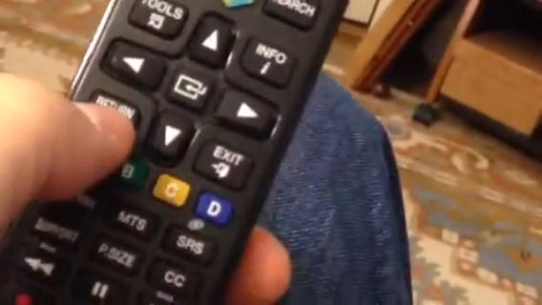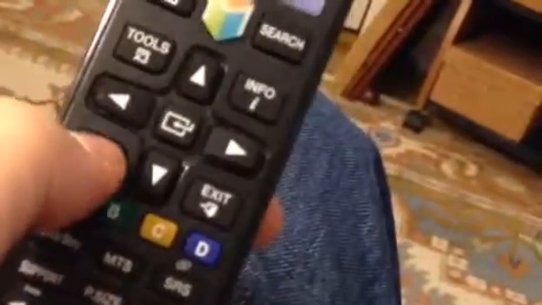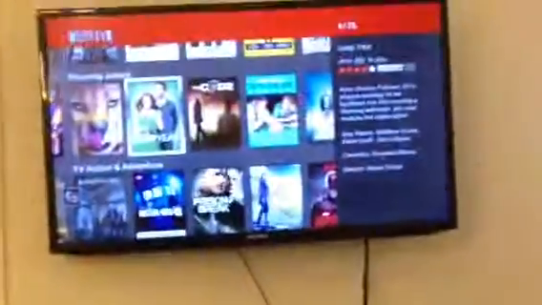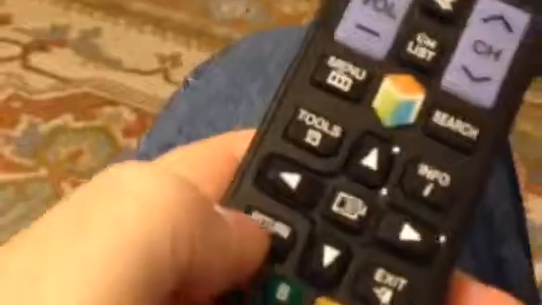If you're tired of that, or you're done with that, there's a special key here, which is return, which takes you back to the last screen that you were on. So when you're done with Netflix, you can also push that return,